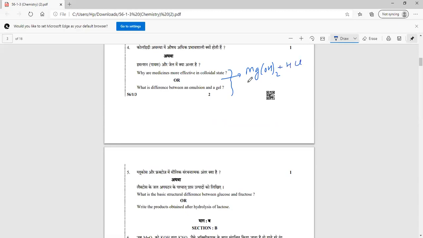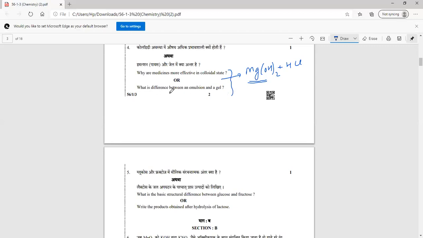So the particle size is such that it is able to adsorb the substrate on which it has to work first. The second thing is that the size of the particle is such that it does not get absorbed deeply into the tissue, because its size is bigger than the membrane of the tissues, as a result of which it does not enter into the bloodstream unwantedly.